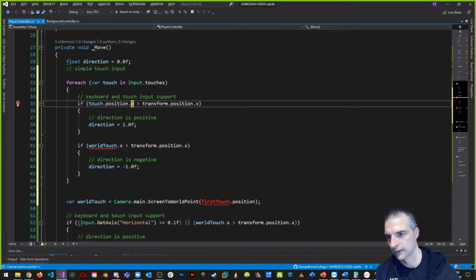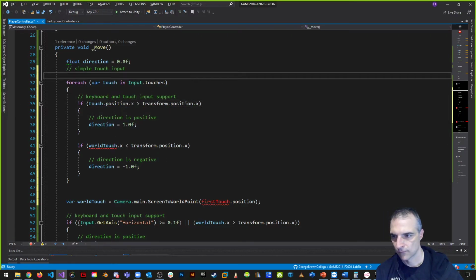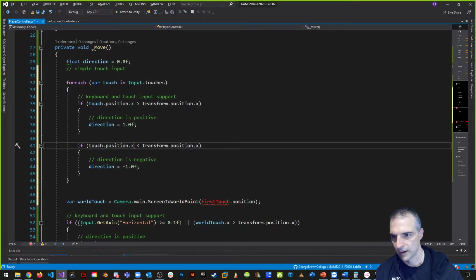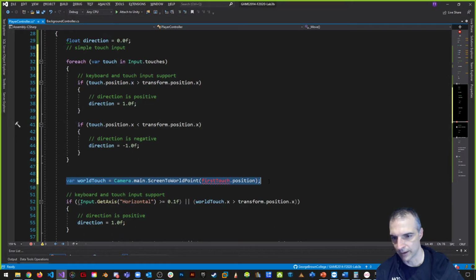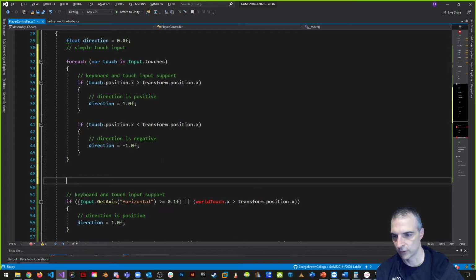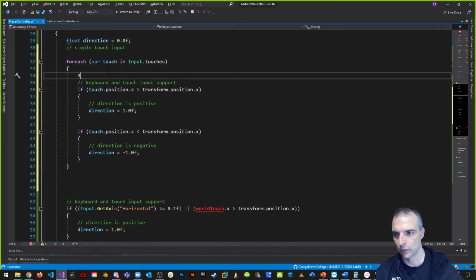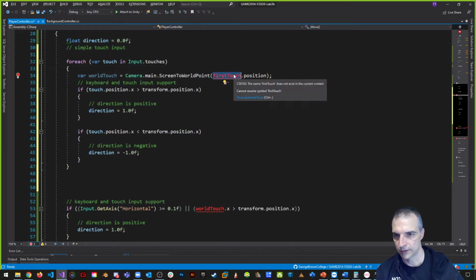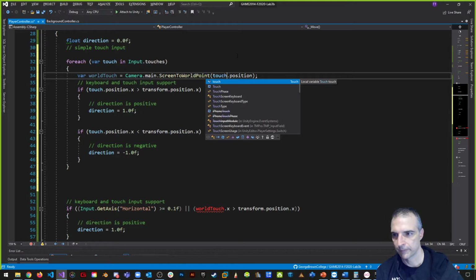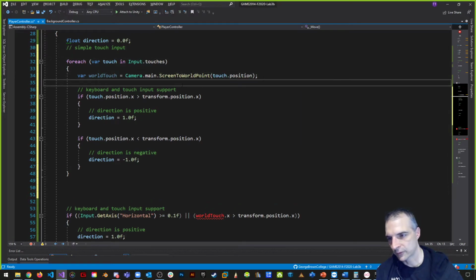Touch.position.x. Because we don't know if it's going to actually even be a thing, right? Now this is going to work for every touch, which is also not what we want. We don't want that at all. So let's get rid of this, world touch. And we don't want this. We want that. We want world touch actually to be our touch position, right? That's what we want. And we want this one to be world touch because we want to translate from camera